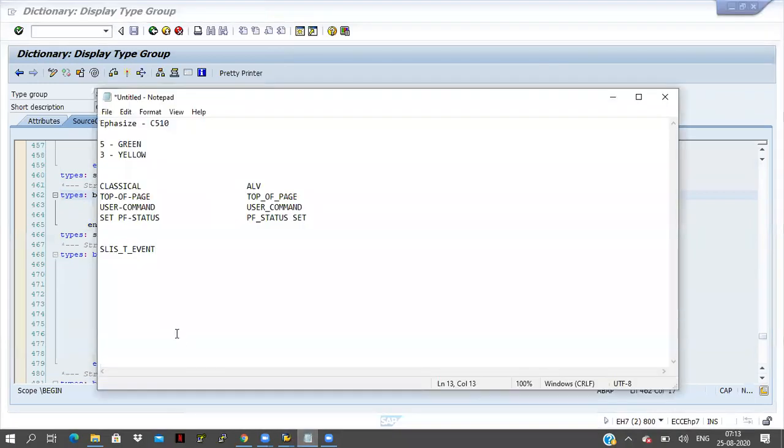So whenever we are working on list_t_event, this is the internal table, and here they are maintaining two fields, name and form. Name means event name. Form means which form will contain the code for the event.